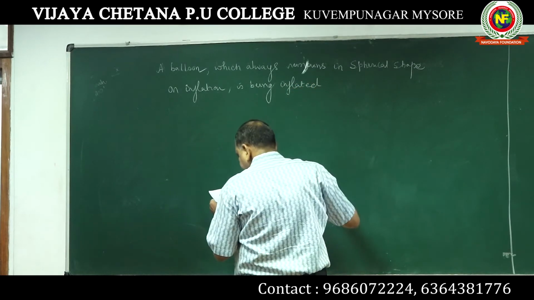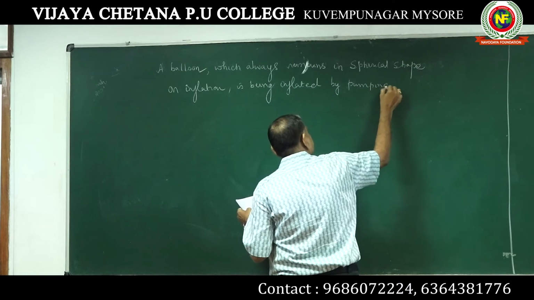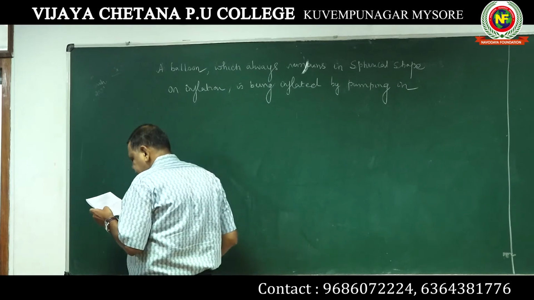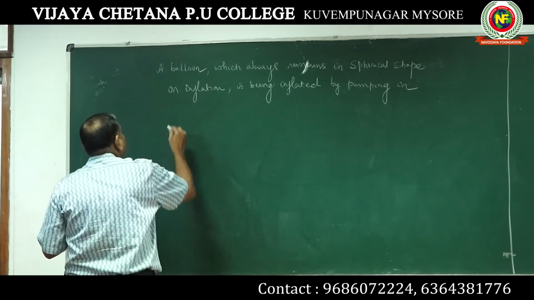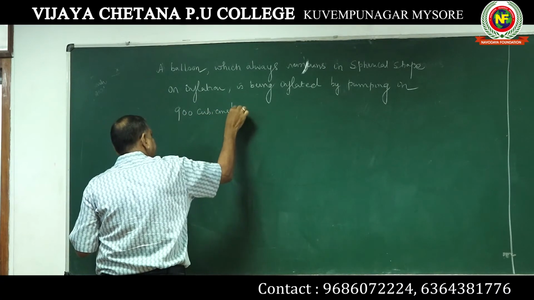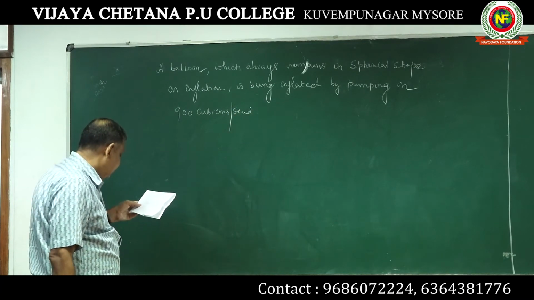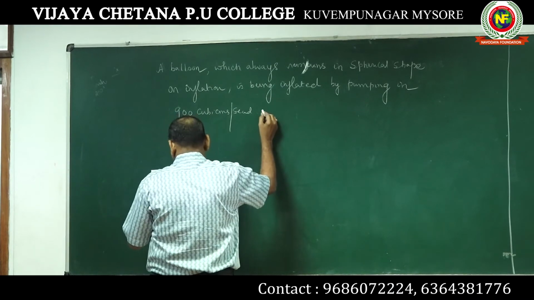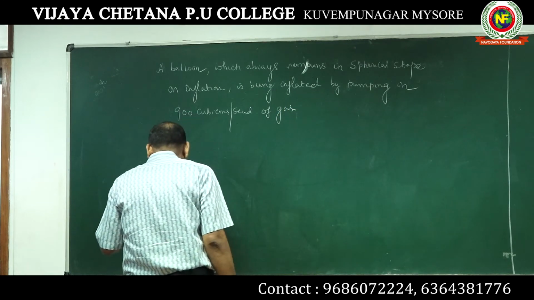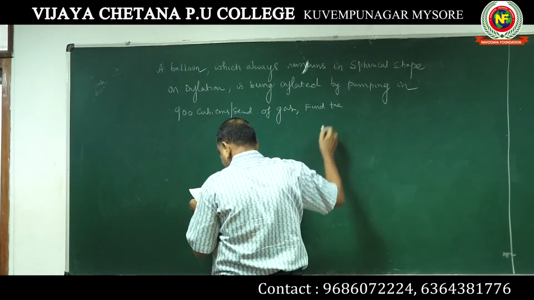Please take the problem correctly. A balloon which is being inflated by pumping in 900 cubic centimeters per second of gas. That means whatever it is, hydrogen, nitrogen, whatever it is, of gas. Find the rate at which